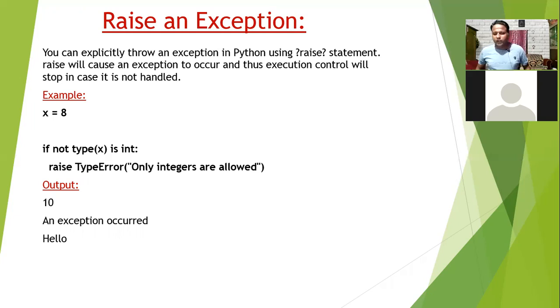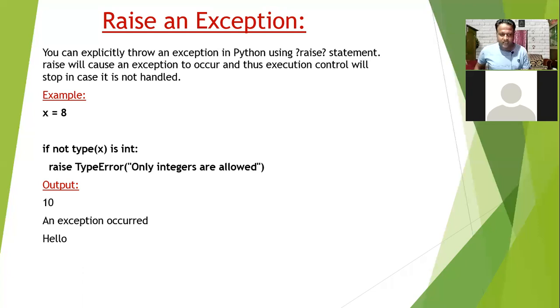So it is not a general rule, but for the situation the rule is applied. Raising an exception is just like that. You have to create your own exception scenario, but it is not an exception. Based upon the situation, you have to use it.